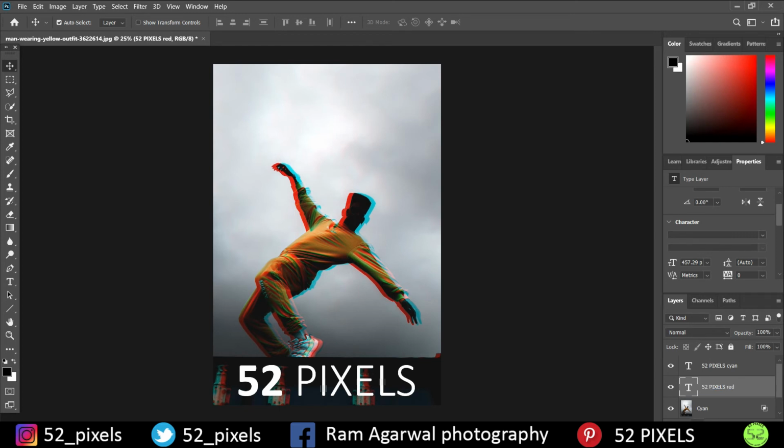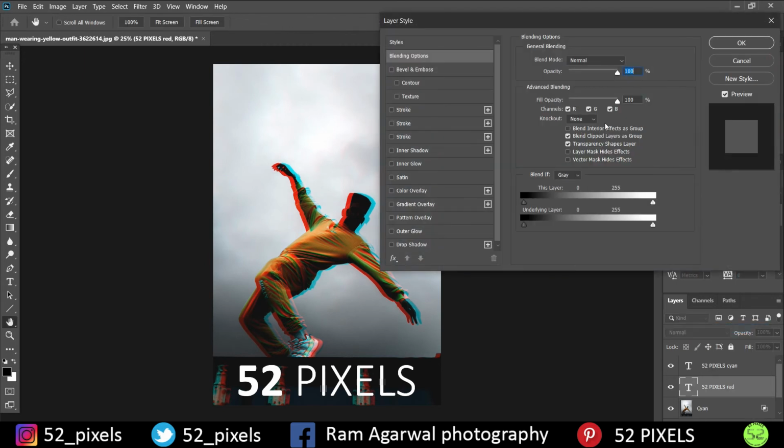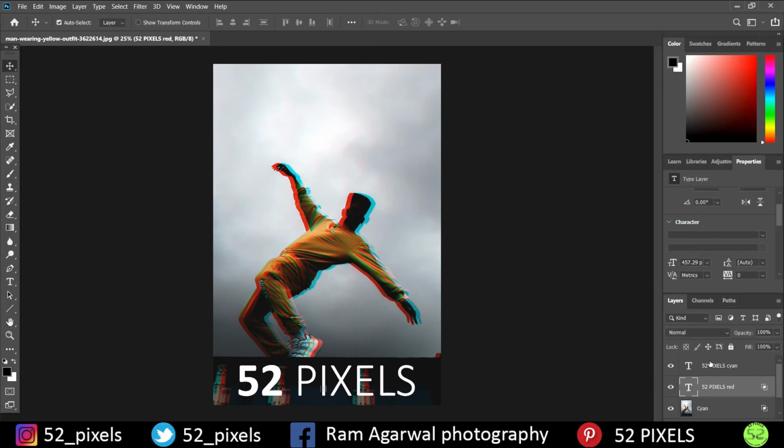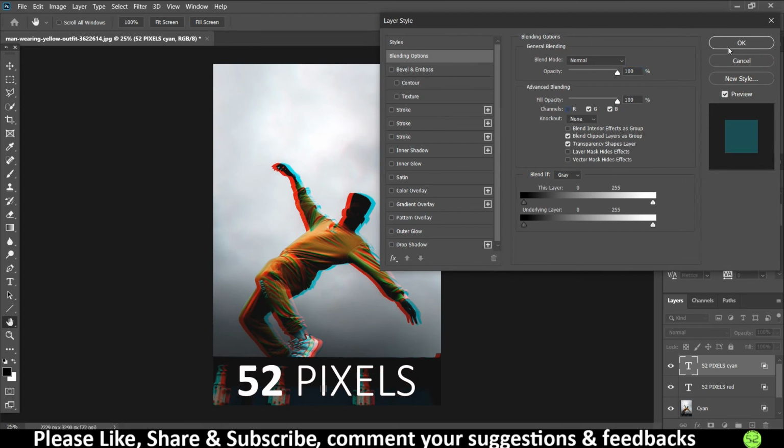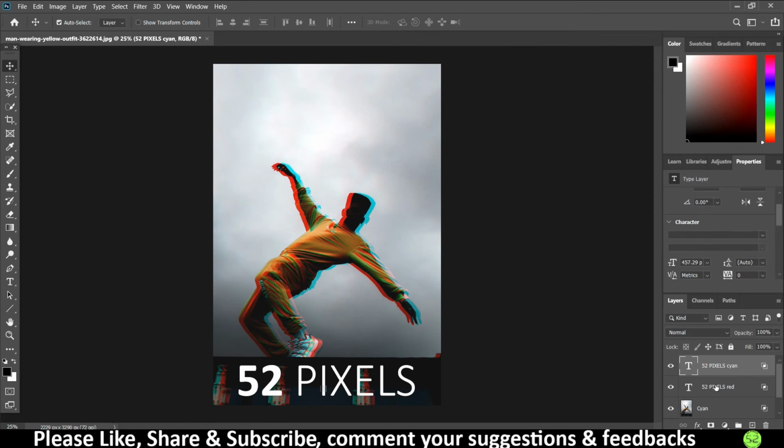Using the red layer, I'll again go to the FX icon, go to blending options. Under advanced blending, I'll turn off green and blue so that I get red. Same way with cyan, I'll go to the FX icon, blending options, advanced blending, I'll turn off red so that green and blue mixing together becomes cyan, and click on OK. Again using the red layer, I'll just shift the layer a little bit over here on the right side so that you can get this effect. You can adjust it anywhere in the image, wherever you feel comfortable, and once you are done, hit enter.